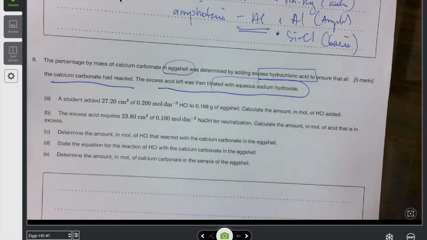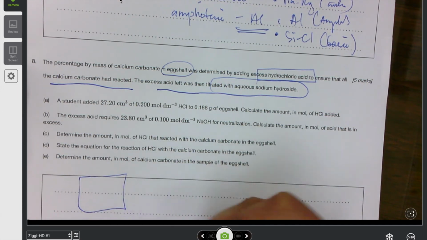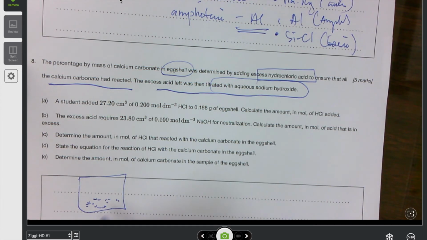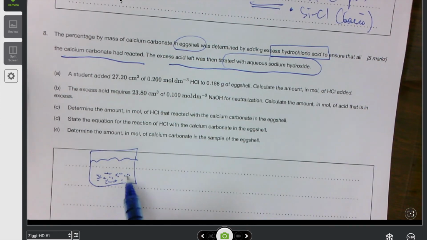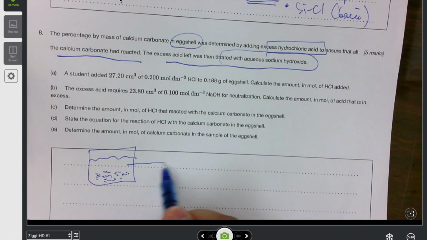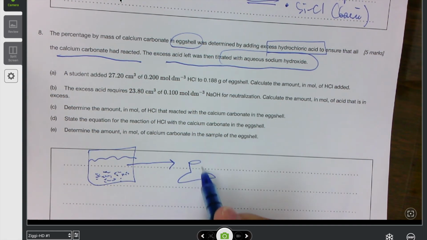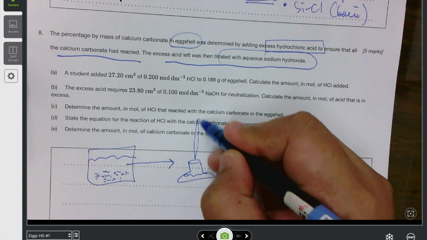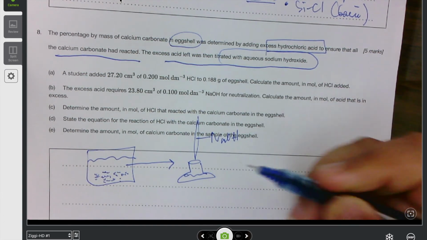So in your brain, you should imagine you have some amount of your eggshell, and then you pour acid into the beaker, and it should have reacted with the powder. And then you took some amount of that acid. This will become a solution now once it reacted with calcium carbonate. So you got some of the solution and titrated it with NaOH. Now, imagine if